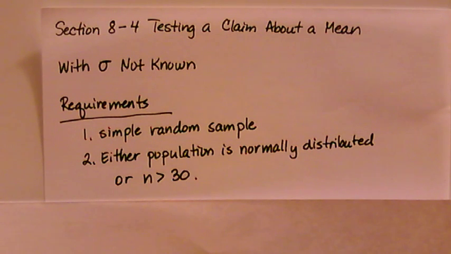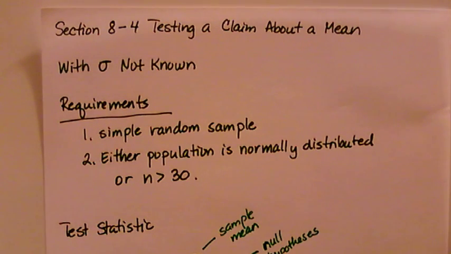And then number two, either the population is a normally distributed population or the sample size is bigger than 30. Now this is pretty much the same as the requirements when we were finding the confidence interval for a population mean, or estimating the population mean. Okay, now once those requirements are met, we can